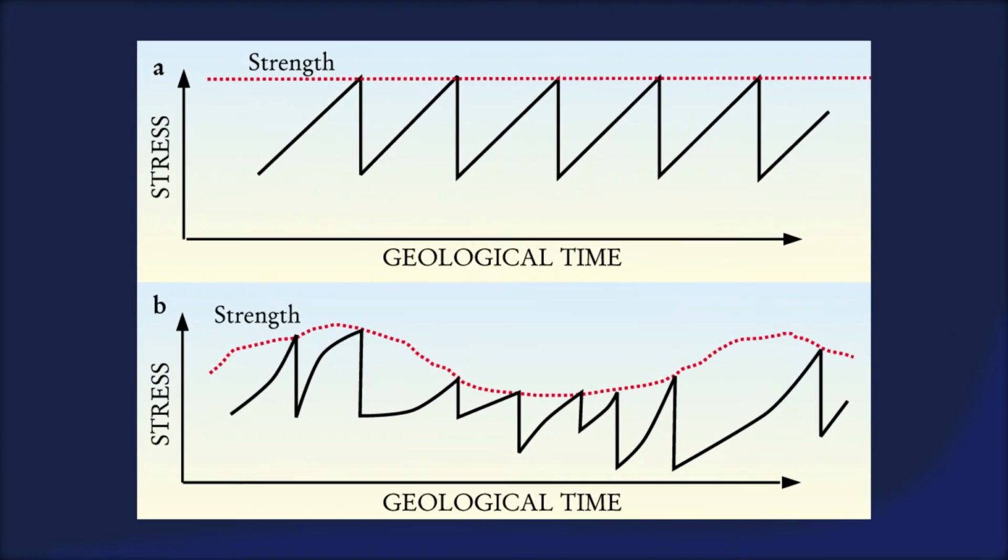Here, we can observe the development over time of stresses that generate earthquakes. In an ideal case, the graph will look like A, although the stress accumulation rate is not uniform over time. B offers a more realistic version of the process that includes complications of variable strength, loading rate, and stress drop.